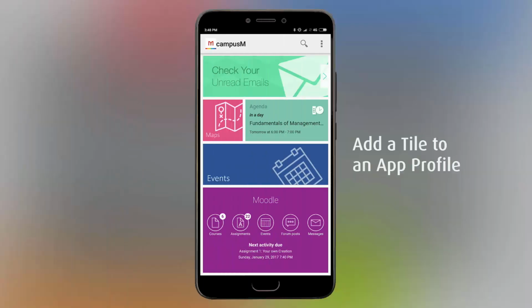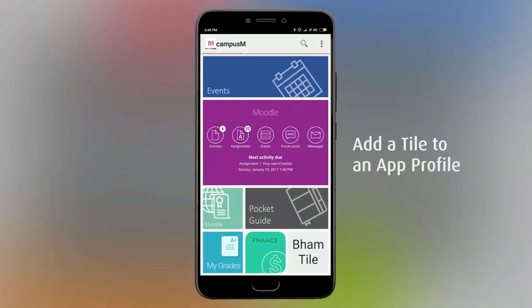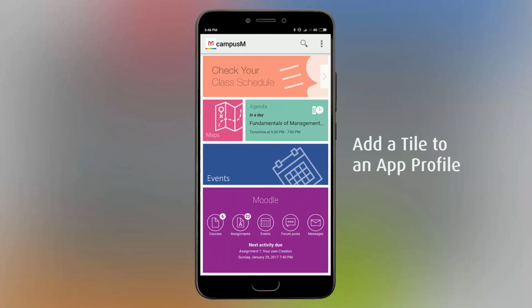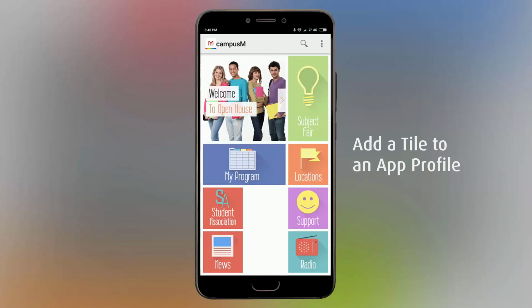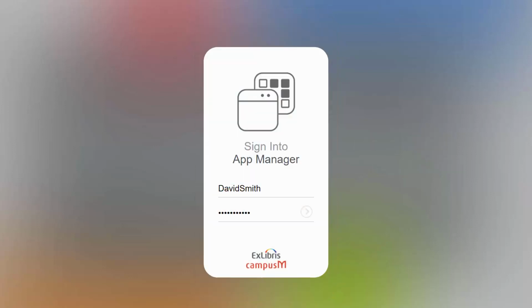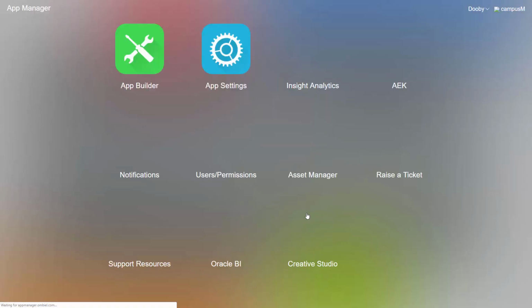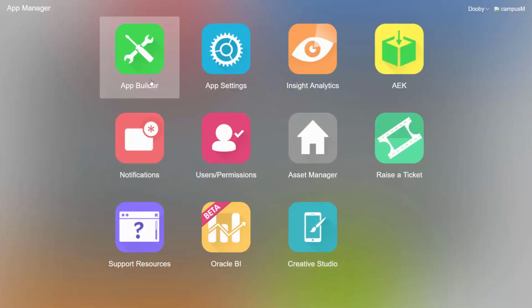campusM tiles are the building blocks of the app, presenting services to the end user. Tiles can link to other services, display static content, banners, RSS feeds, or dynamic content created using the Application Extension Kit, or AEK. To add a tile to an app profile, log into campusM App Manager, go to App Builder,